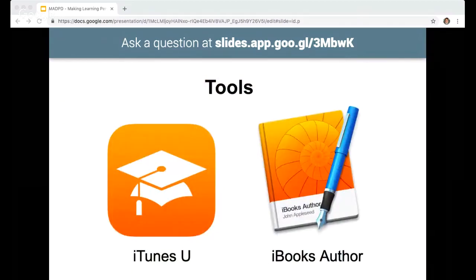So moving forward, we're going to be looking at the tools for creating personalized and contextualized learning. We'll be looking at iTunes U and iBooks Author. So to start off,